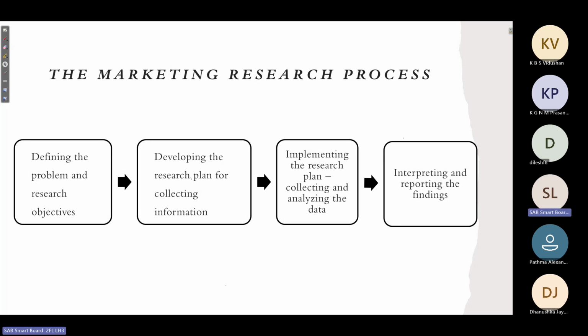Define the problem means we are thinking about the lack of awareness among students about the sub-campus, their degrees and our role. So the research objectives are the lack of awareness among students, selecting the place, selecting students, and selecting SATs. And the second part is developing the research plan for collecting information, which is going to be